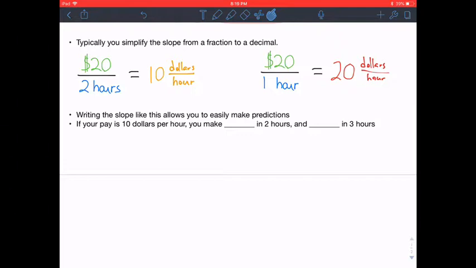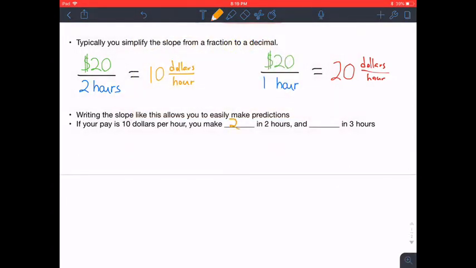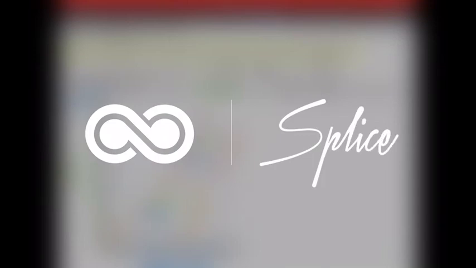In physics, it's not usually going to be dollars per hour, but it might be meters per second or miles per hour. Still the same idea. Writing the slope like this allows you to easily make predictions like you were just talking about. So if your pay is $10 an hour, you'd make, like we said, $20 in 2 hours and $30 in 3 hours. So that is how we interpret the meaning of the slope of a best fit trend line. Remember, it is all